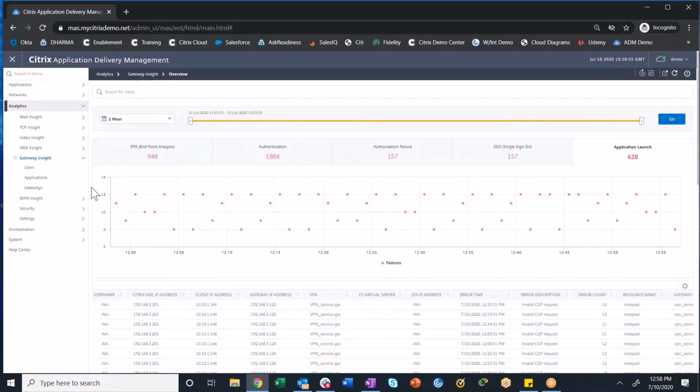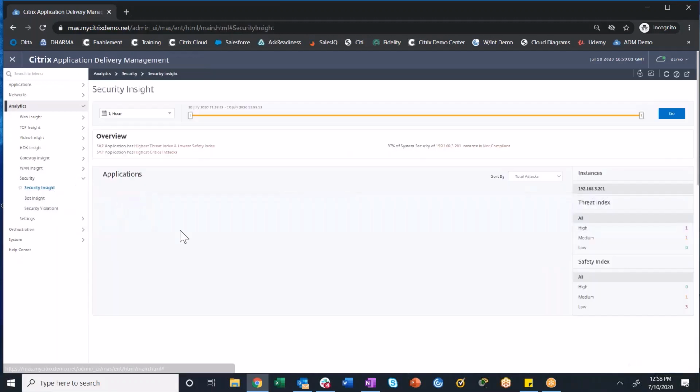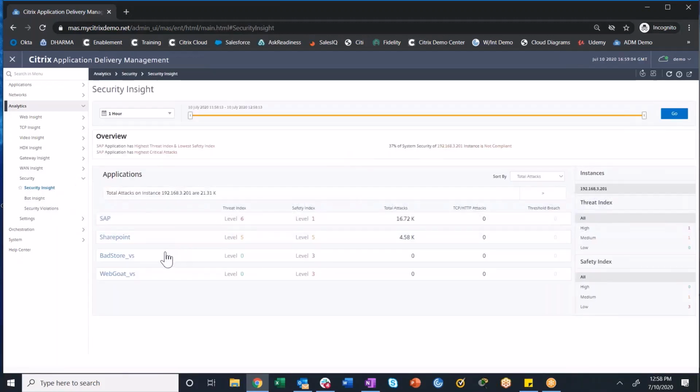We have some other added insights here as well from an analytics perspective. If we go into our security insights, this is going to be big for our web app firewall and how that protection is happening for some of our different web applications that we're delivering, and making sure that those threat indexes and safety indexes are in a good spot to protect those different web applications and understand where those threats are coming from,